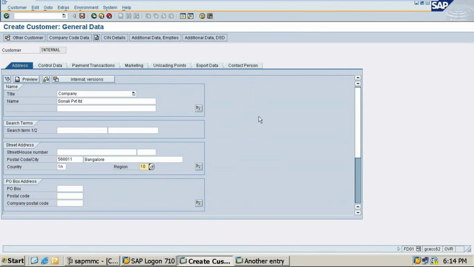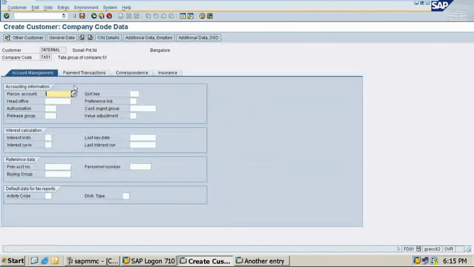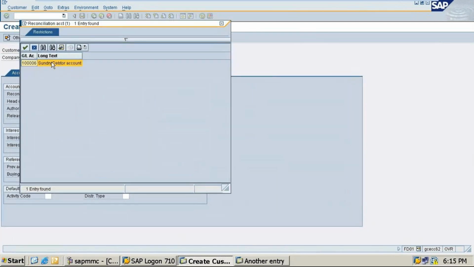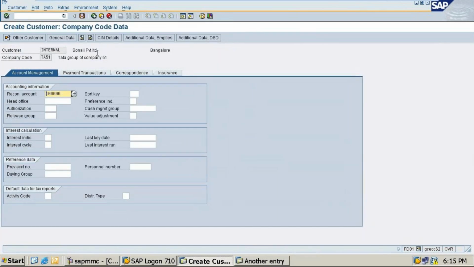Done, ma'am. Okay. So you need not press save. You have to click on company code data. Click on company code data and it will ask for the reconciliation account. So click on this and select sundry debtors. Short key is 001, cash management A1.